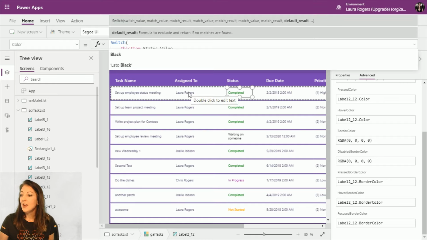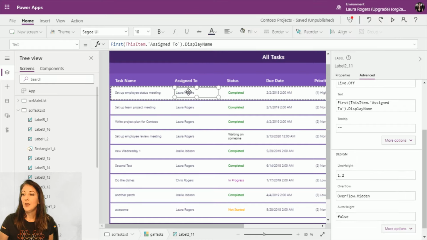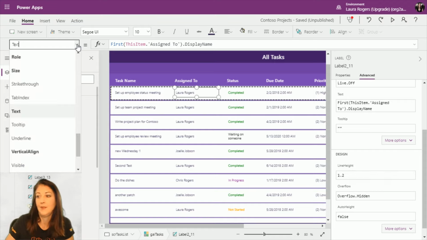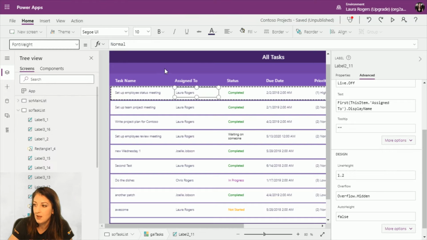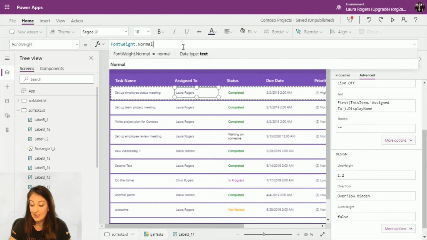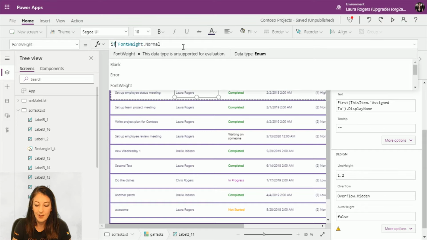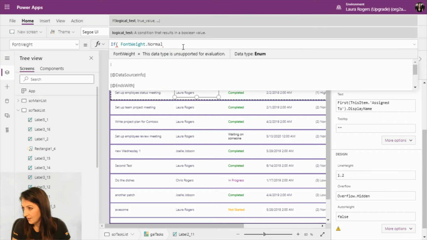All right. So then I can do something like, if this assigned to is me, I can make this look different too. So what if I want to just look at the font weight? I just want it to be bold. So font weight, right now the font weight of this text right here in the assigned to is just normal. And so I can put an if statement in here. If assigned to,